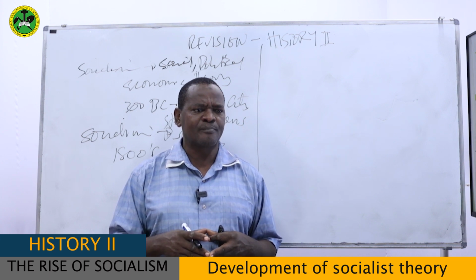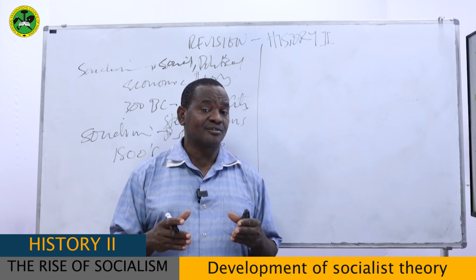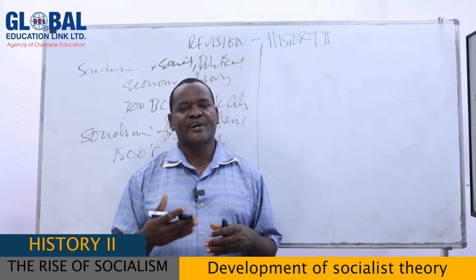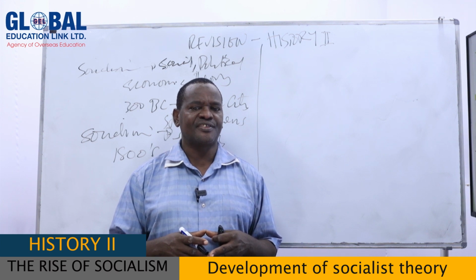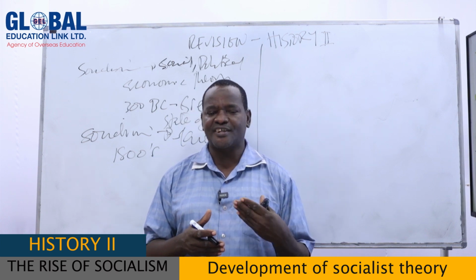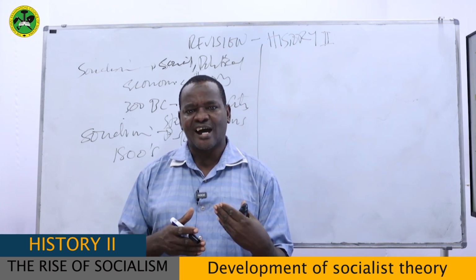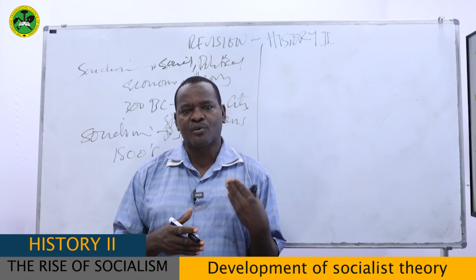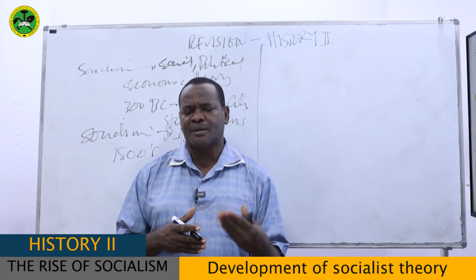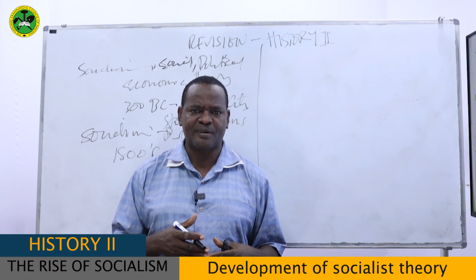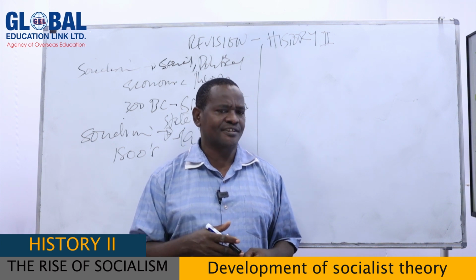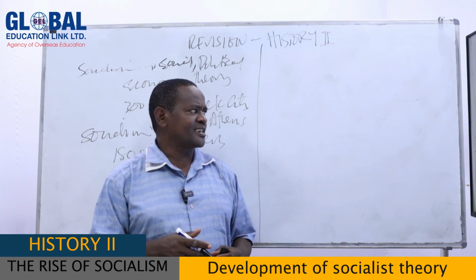Because of those problems, some people started to distinguish between employers who cared about the workers and those who cared less about the workers. That is when the word socialism started to be used. So, my dear students, the word socialism started to be used as opposed to selfishness. The one who cared much about capital was called a selfish person, and those who cared much about the people and the society were called socialists. So that's another area where we can trace the beginning of socialism.